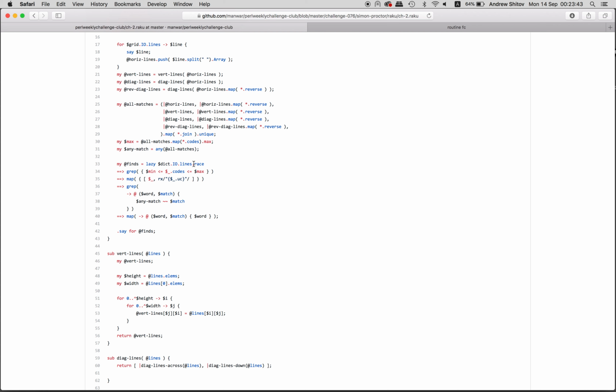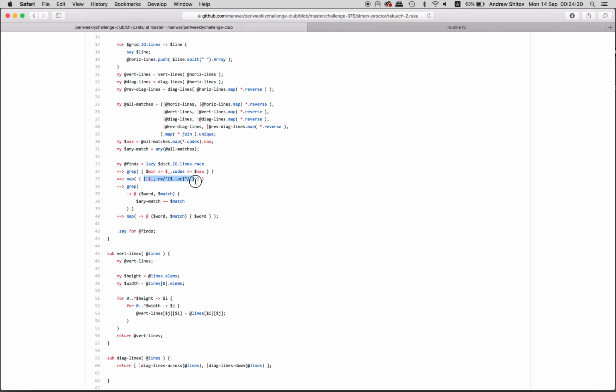There are two methods, race and hyper, which are kind of opposite. Race allows us to make this computation parallel, and we don't have to care about the order. Then we grab those words which are not longer than the longest line and not shorter than the required minimum lengths. Then we map that